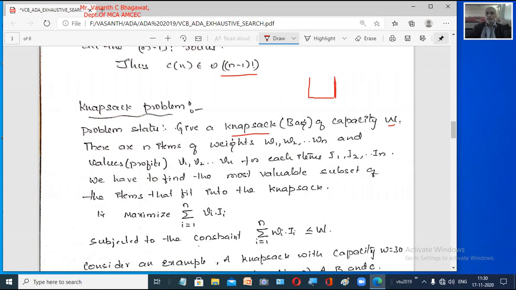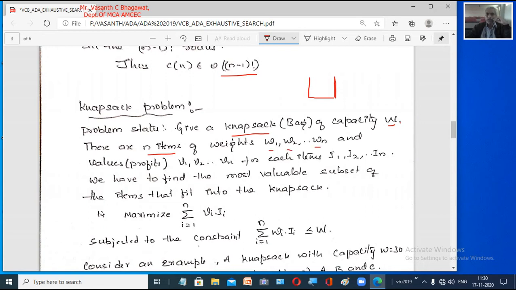Now there are n items. When he goes for robbery into a house, there are so many items in front of him which he can steal and put in the bag. So there are n items of weights. All the individual items which he wants to steal, every item has got some weight, right? So the weights are indicated as W1, W2, etc. up to Wn. Right, so the capacity of this knapsack is given and there are n items. Each item weight is given for us, W1, W2, etc. up to Wn,